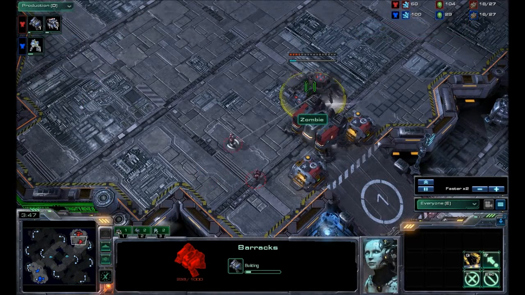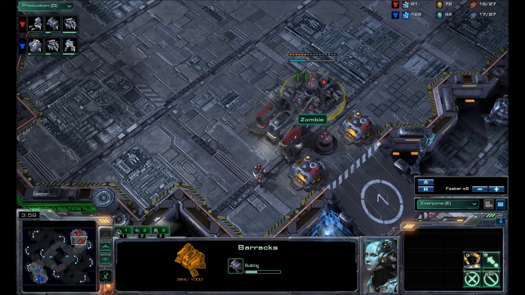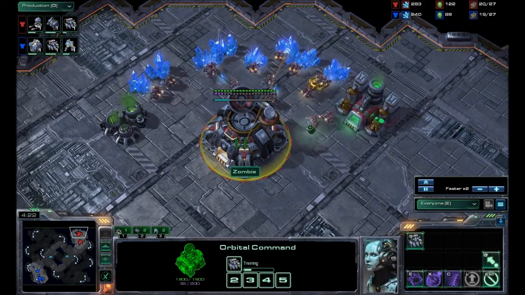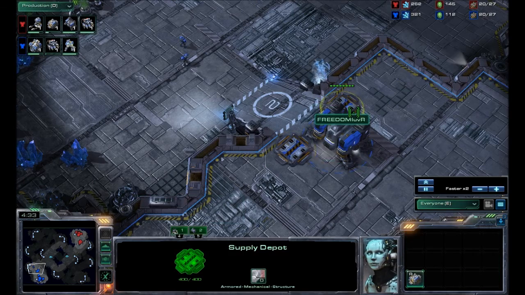And so now we've got the second barracks coming down, just like in the last game. Who did we see him play? It was King Thror, the god of Thunder. He was a Protoss player, and he did a very similar. Is that a reactor? Yes, it is. So he's doing a very similar opening to his PVT opening, and we've got